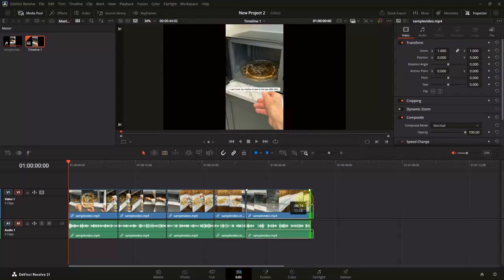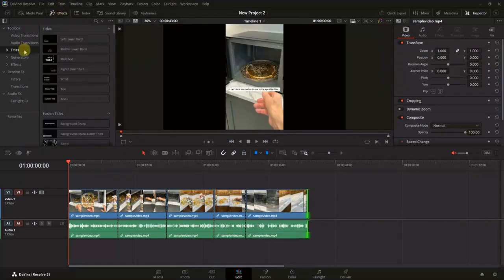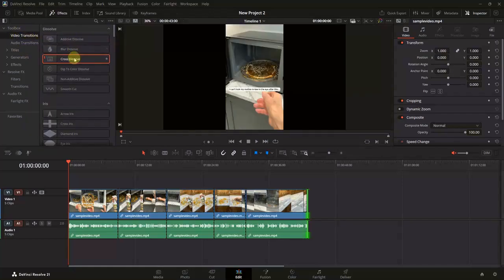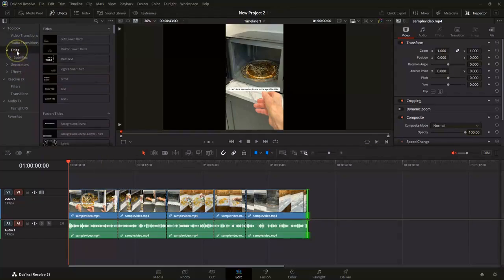If you need to add transitions, go to the Effects library on the top left, click on Video Transitions, and drag your chosen transition between clips on the timeline. To add text, select Titles from the Effects library. Drag your chosen title style onto the timeline above your video, and customize the text in the Inspector panel on